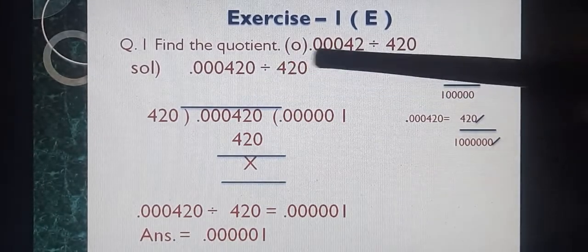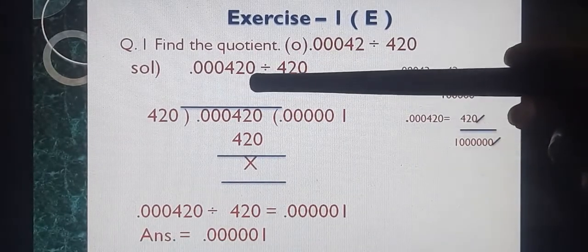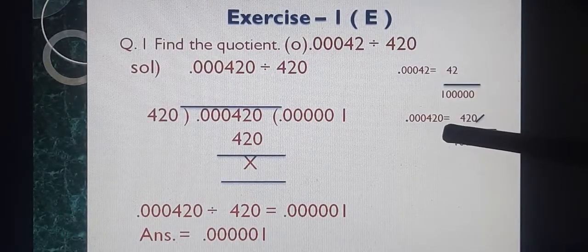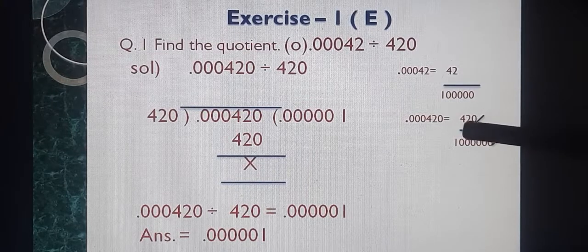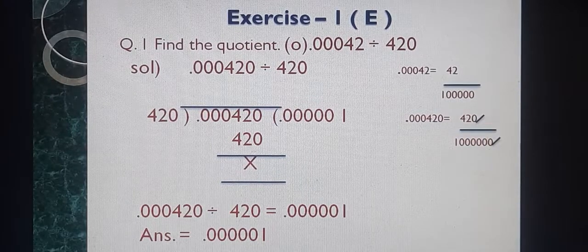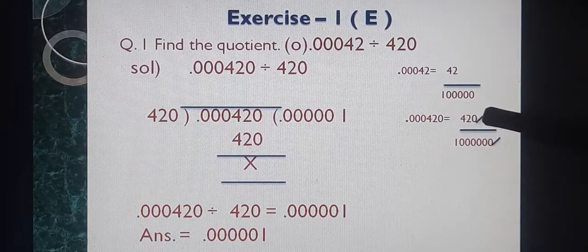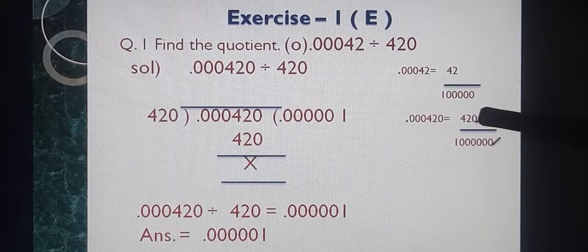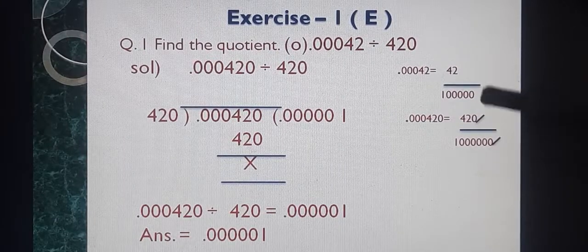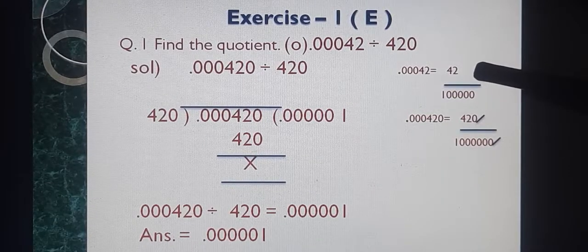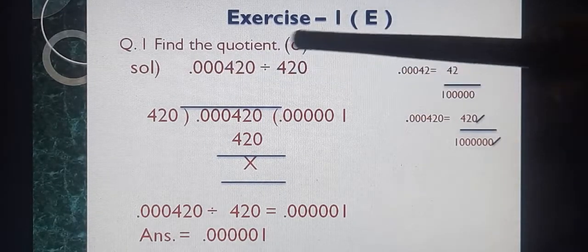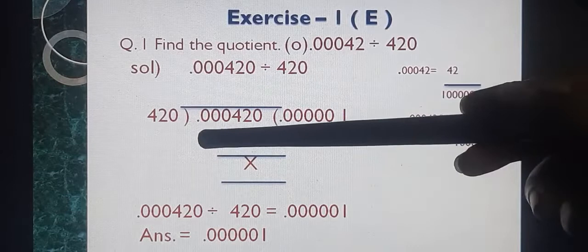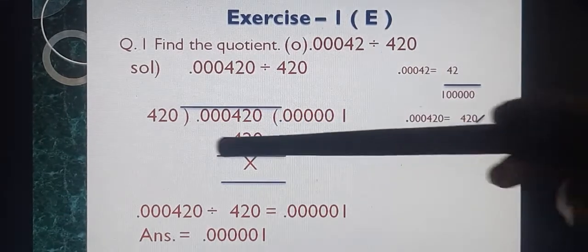Now see what we have changed in the number. We have added one 0 here to the right side. Now it is decimal 000420. Now change it in the form of fraction. 420 upon 10 lakh. Now 1 0 and here 1 0, these will cancel. And now it is left 42 upon 1 lakh. It is same as we have done previously also. It means both the decimal numbers are same. Okay. Now 420 divided by decimal 000420.